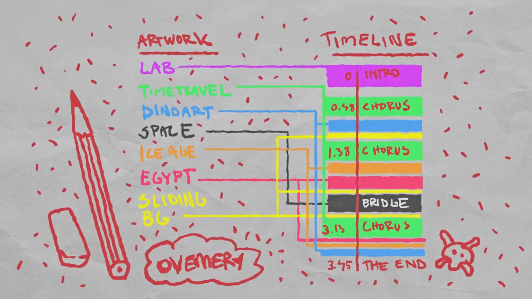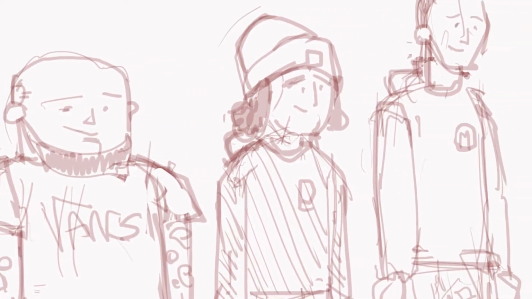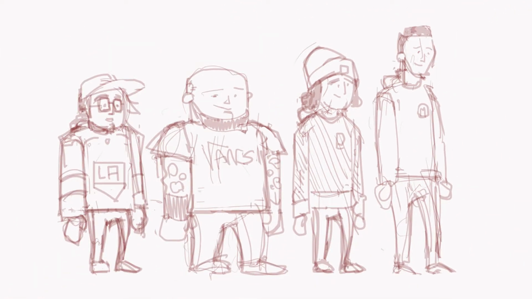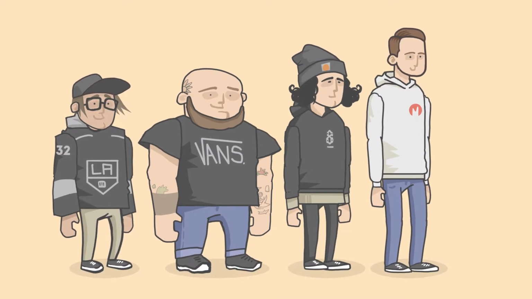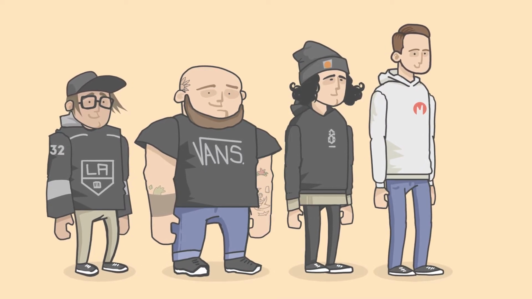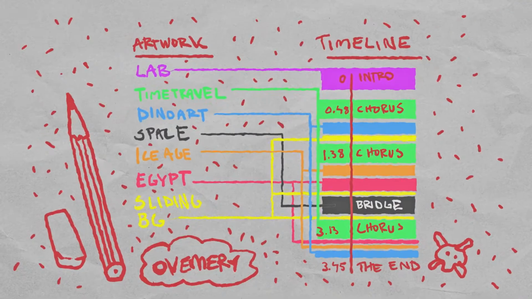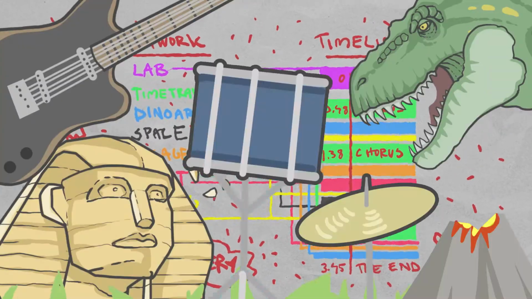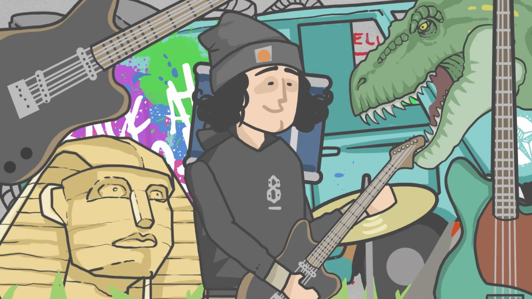When done with the manuscript, I started out sketching on the main characters based on the band and decided to go with this pretty goofy but not too detailed style. Same here. What style do I want to go with so that it doesn't take too long to draw but still have a nice look? Like, I knew from the manuscript sketch that I would have to do a lot of drawing for different environments, so the main characters kind of had to set a tone for the overall style.